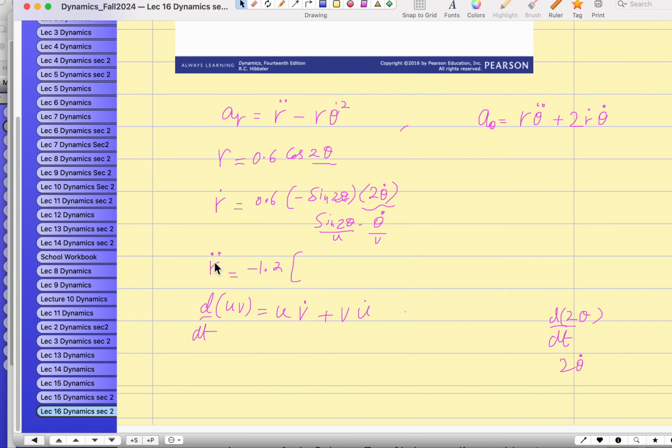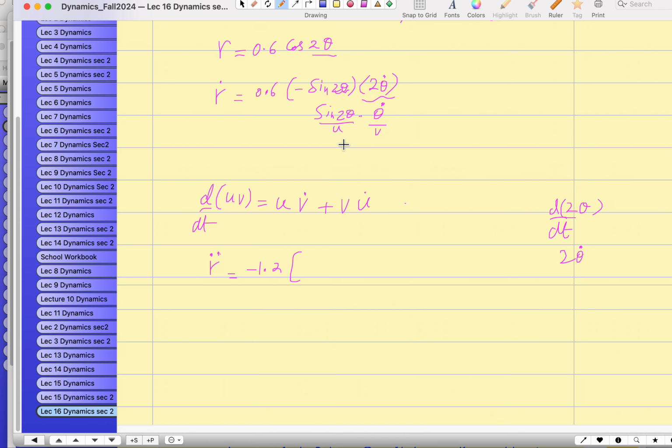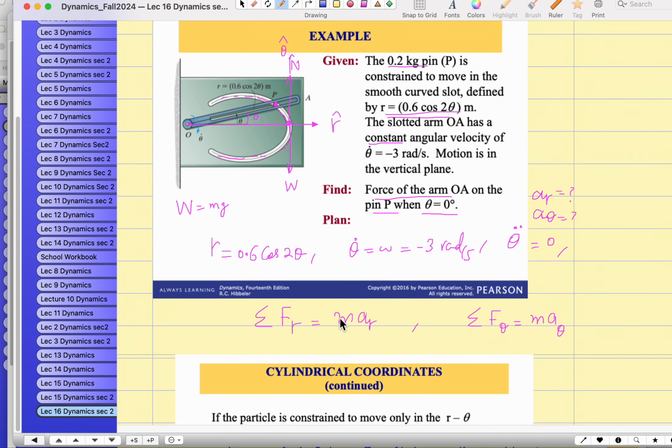So let me grab this one over here and rewrite everything here. Imagine this is my u, this is my first function into derivative of second function into derivative of first function times 2 theta dot. So this is the chain rule application, as well as now you just apply for kinematics. So at angle 0 degree, because if you read the question carefully, we have to